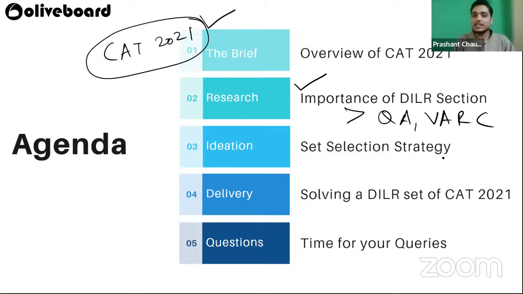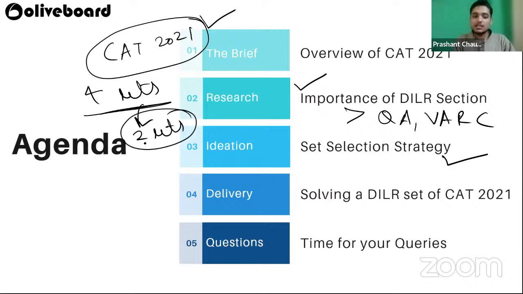Then we will discuss set selection strategy, how you can select a proper set, because there will again be 4 sets in the CAT. This year there were 4 sets. If you can solve just 2 sets out of these 4 sets, you can easily get 90+ percentile in DILR. Not even 90, it can be even 95. Just by solving 2 sets you can get 95 percentile, and then we will live solve one of